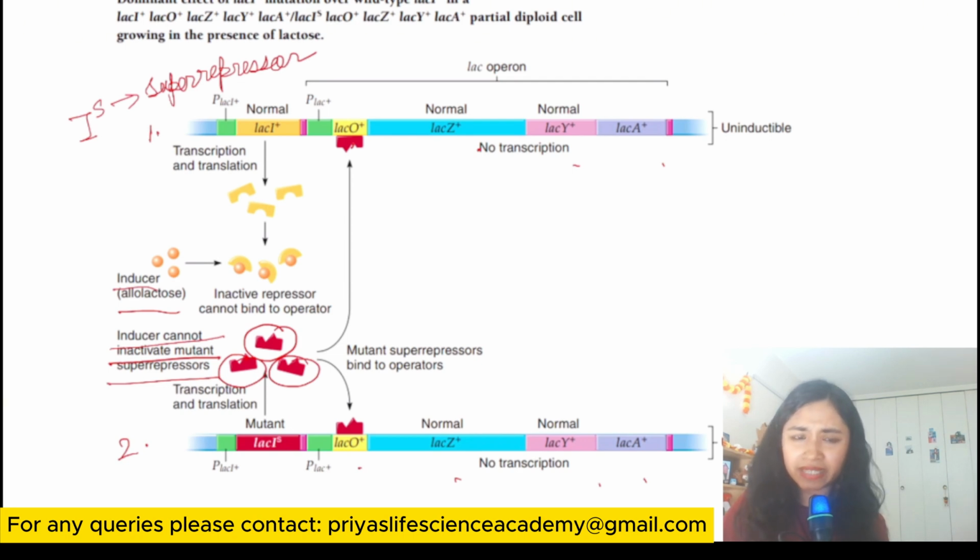Okay, they are super reactive. So that is why these mutant repressors can bind with both of the operons, because you know that any kind of inhibitor mutations are transdominant, so it can bind with its own reading frame as well as to the reading frame of the operon 1, and can block the expression. So even in the absence or the presence of the inducer, nothing will happen, because in the absence of lactose, the mutant repressor can bind with the operator, and even when lactose is present, they can't inactivate the mutant repressor. Okay, so allolactose or inducer can inactivate the wild type I plus repressor, but can't inactivate the mutant repressor. So I'm writing it to you that